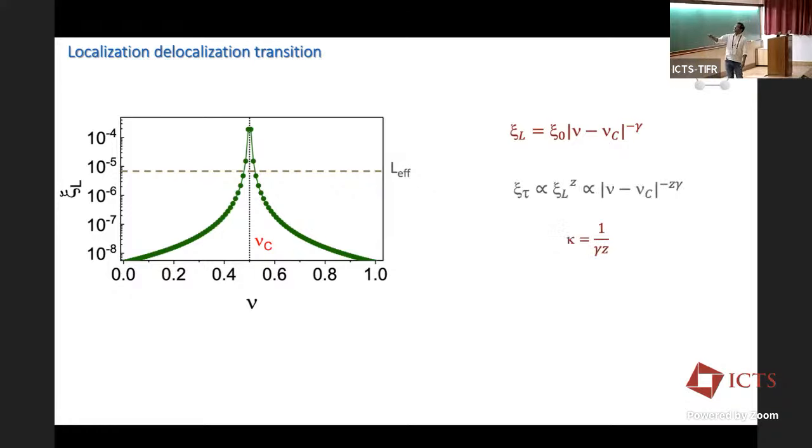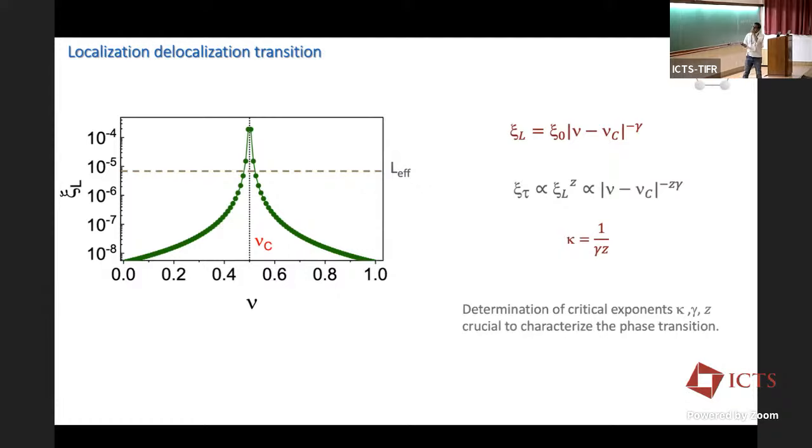You can, of course, also define the coherence time, which is in some sense the shortest time scale in the system. The system is in a critical state, so there is a critical slowing down. All time scales diverge, and that time scale is given by this dynamical exponent z. So this z is the dynamical exponent, and gamma is the localization exponent. These are the two exponents which characterize a continuous metal to insulator phase transition. And this parameter kappa is given by 1 by gamma z. So this is what we want to know.